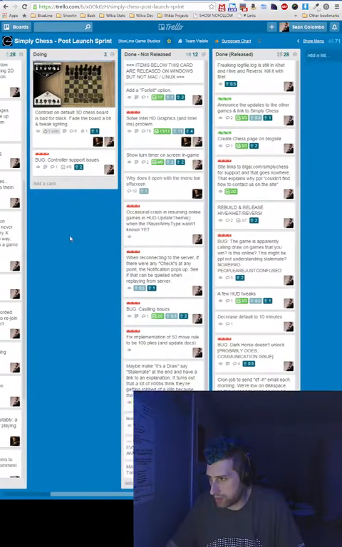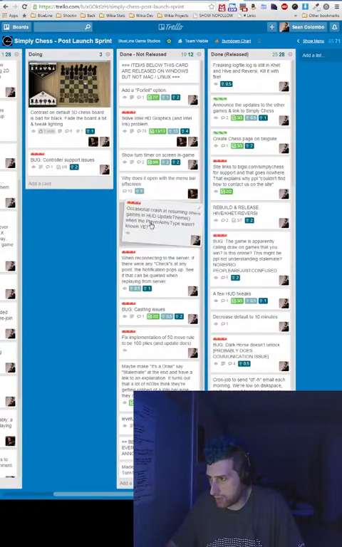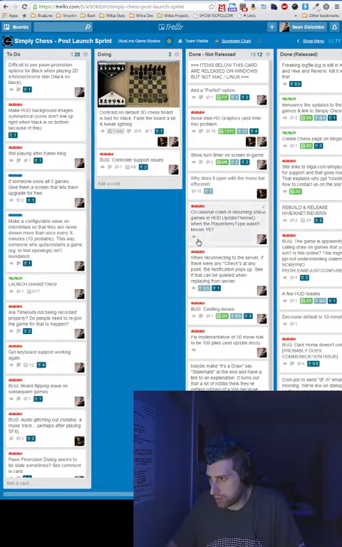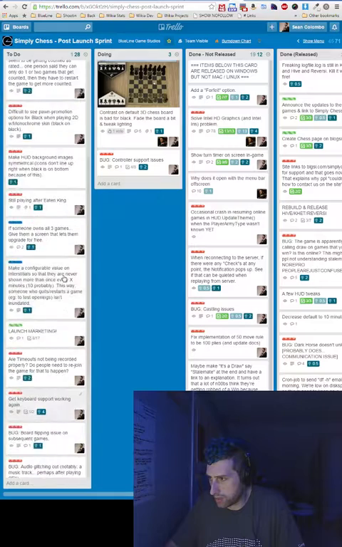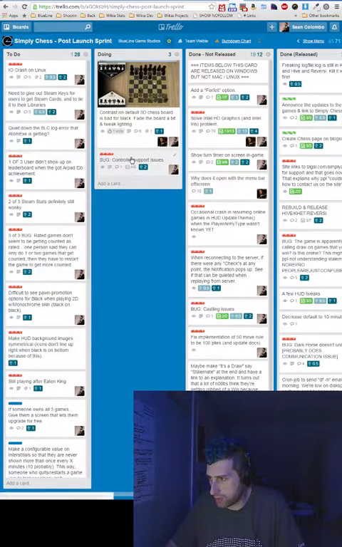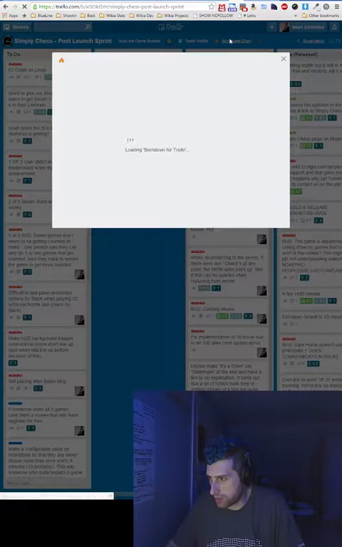This is what we use. These little cards, we just drag them around as we work on them. We have this backlog of things to do, and then we move them to doing when we're working on them, and then you can slide them over into done and released and things like that. It's really helpful, and it's Trello.com, and it's really helpful for software too. So we actually made this plugin for it,